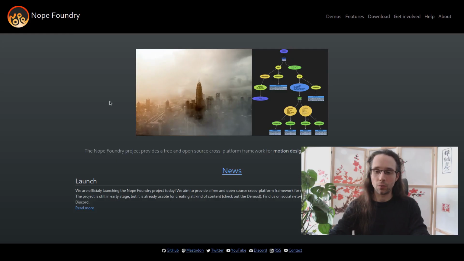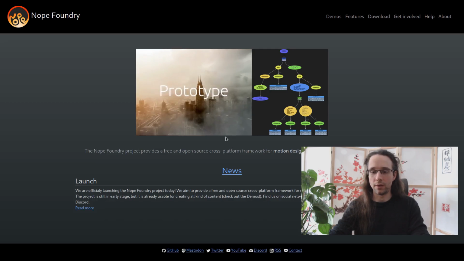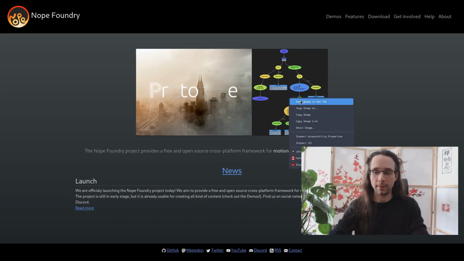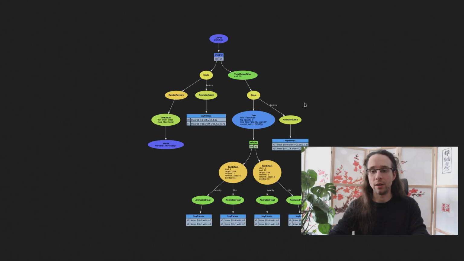Now, I mentioned earlier the notions of graphs, which you may be wondering what this is all about. So if we go to the front page, we are seeing again this prototype text intro with some effects, along with some sort of node-based graph. These are the same picture. This is one of the first key aspects of the project. The graph we see here is what the script constructed, and the video is what the engine made out of it.